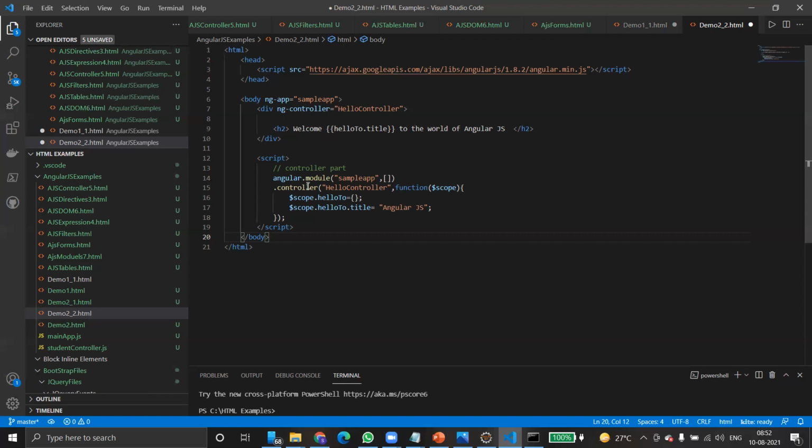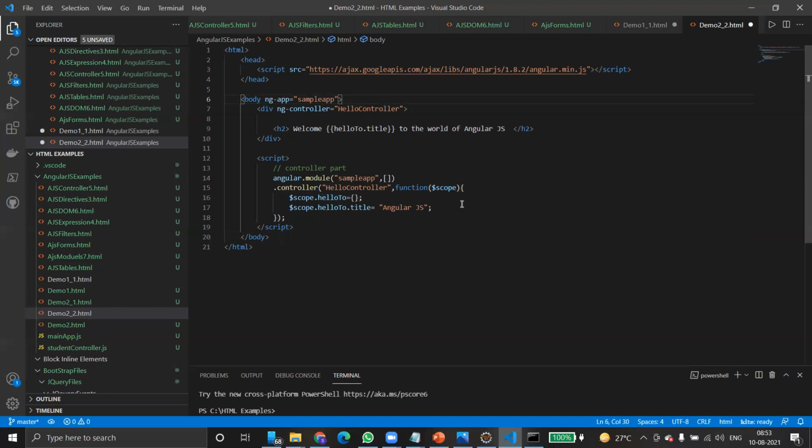I'm calling this function. This is a function attached to the sample app, and we have just executed this function. Then render the page. Model, view, and controller. This is the model, this is the view, this is the controller. Basically, the model is not fully implemented here, so you can say the current ng-app can be seen as the model, this is the view, and this is the controller.